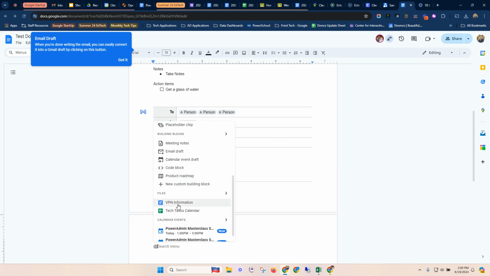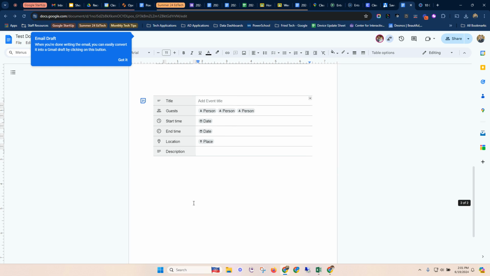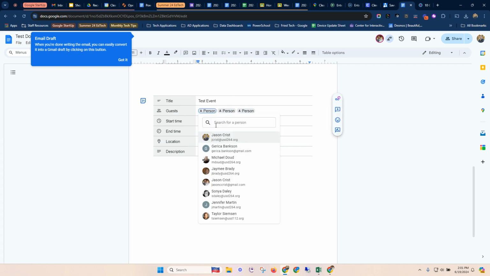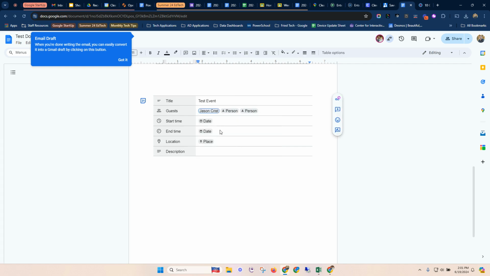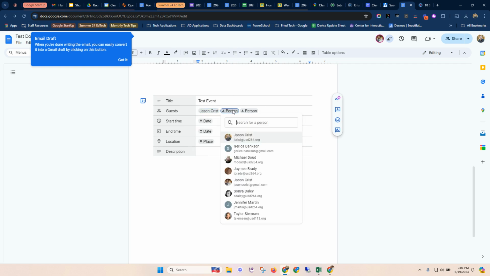So we've looked at meeting notes and email draft. Another one is your calendar. So I can actually create calendar events inside of Google Docs. I can leave those there, or I can invite people directly there. Let's say, for example, I want to do this as a test event, and then I can go ahead and I can invite people. I'll invite myself, okay,